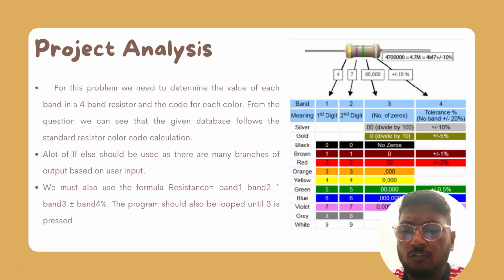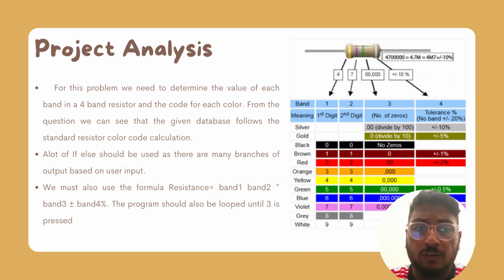So to talk about our project analysis, the problem is that we need to determine the value of a 4-band resistance. That means that a resistor has four color codes on it, and when the user inputs the four colors, it should calculate the resistance value of the resistor. And by using the chart that is very common among 4-band resistors, each color of the resistor stands for a different value of the resistance,